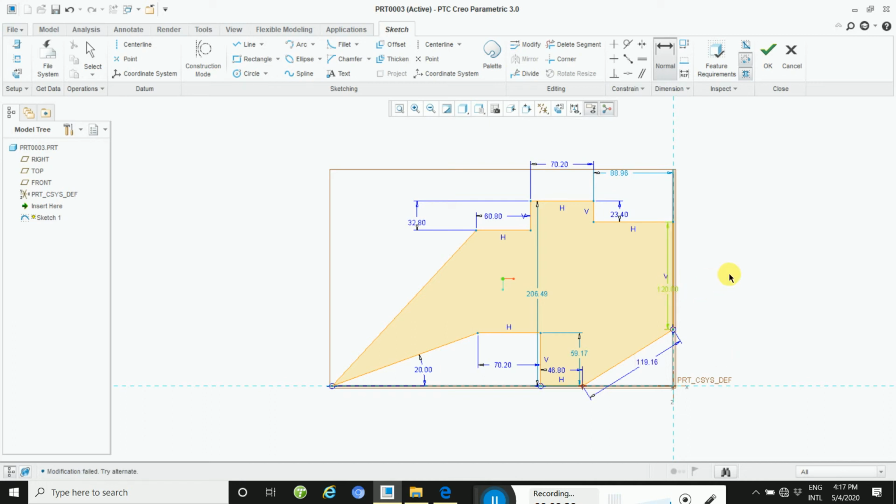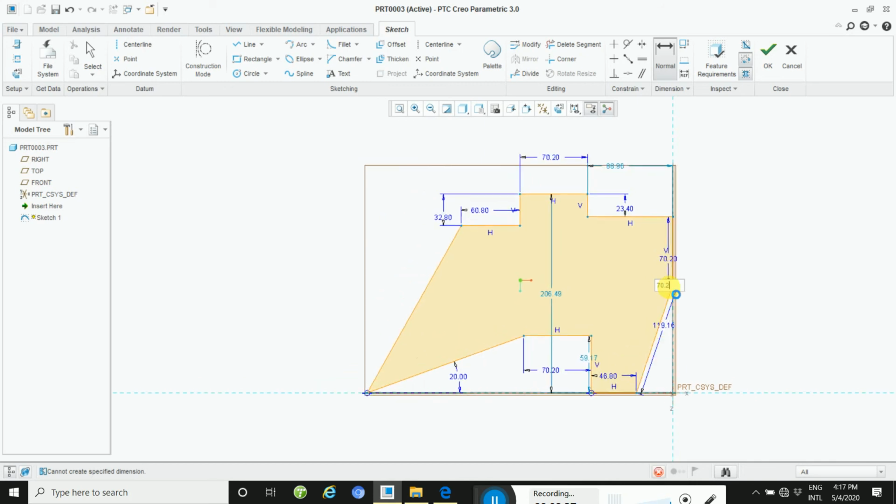It's not because here dimension, so take a dimension 70 here, 70.2. Okay,